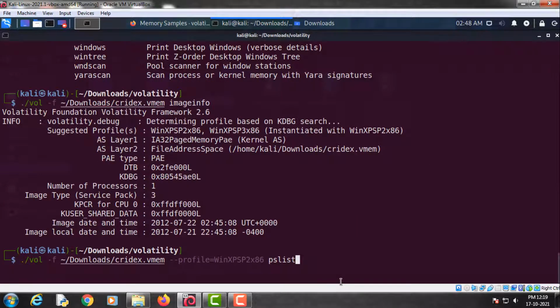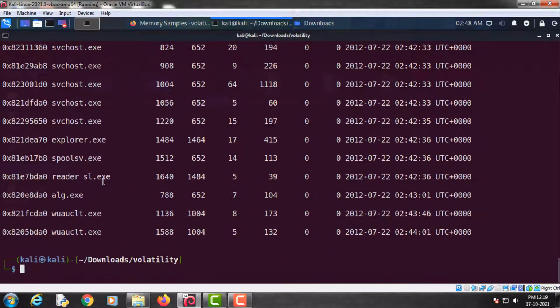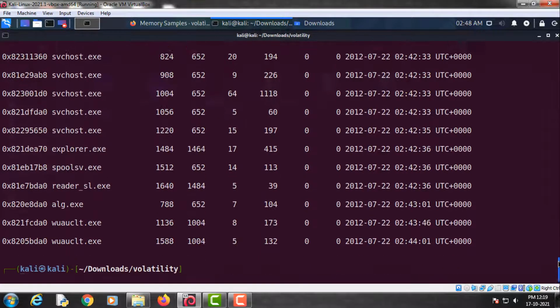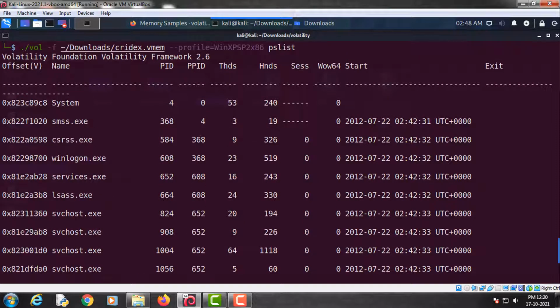So we will use this plugin. Now press enter. So this plugin has displayed all the running processes at the time of capturing the memory dump from the RAM.